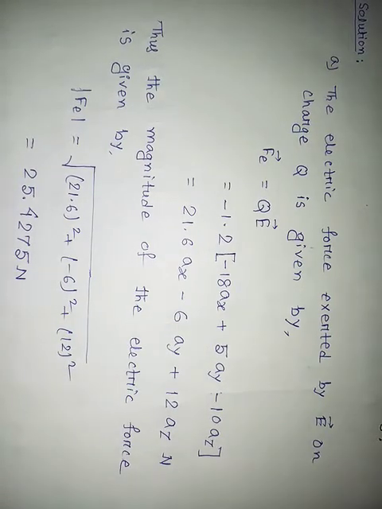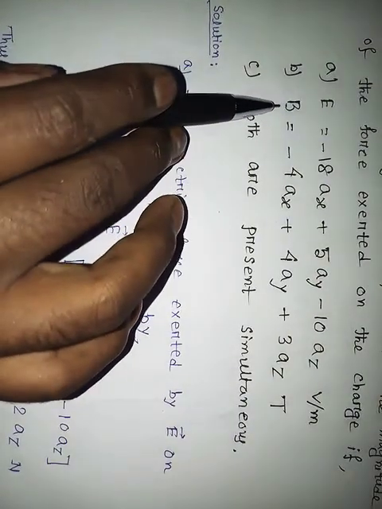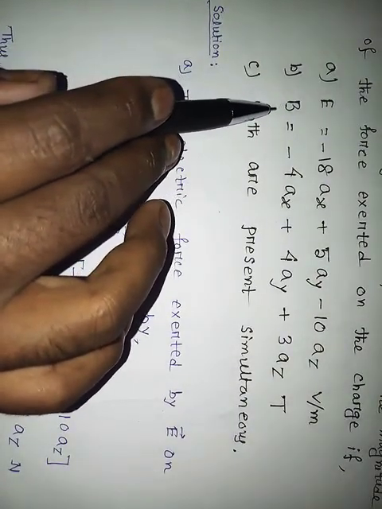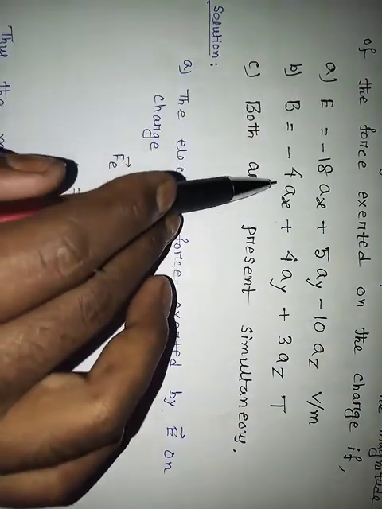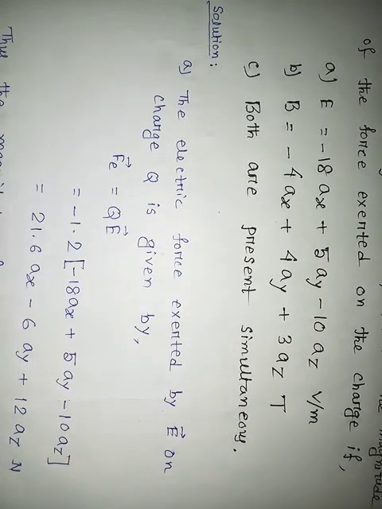Now see, in the second condition they give magnetic flux density B equal to minus 4ax plus 4ay plus 3az in Tesla. We know that Tesla is also commonly known as Weber per meter square. So coming to the next part, for magnetic